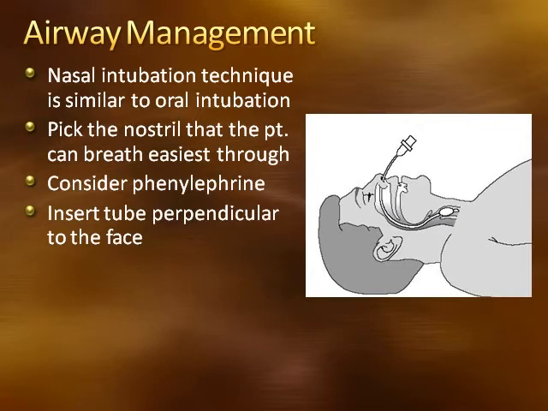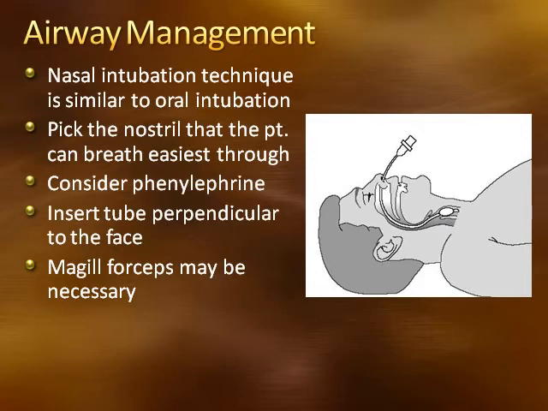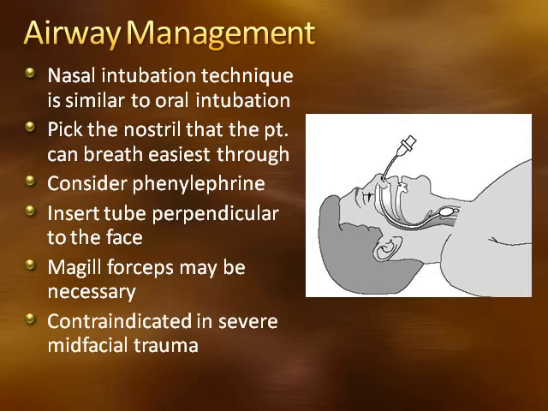Laryngoscopy, as discussed, reveals the abducted vocal cords. Often, the distal end of the tube can be advanced into the trachea without difficulty. If difficulty is encountered, passage of the tip of the tube through the vocal cords may be facilitated by manipulation with McGill forceps, being careful not to damage the cuff. Nasal passage of endotracheal tubes, airways, or nasogastric catheters is dangerous in patients with severe midfacial trauma because of the